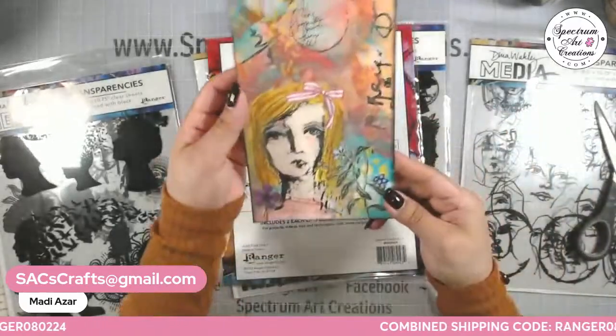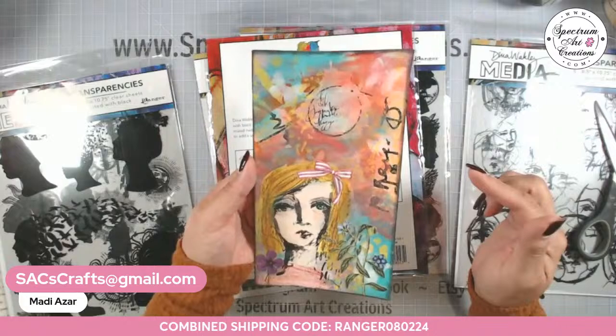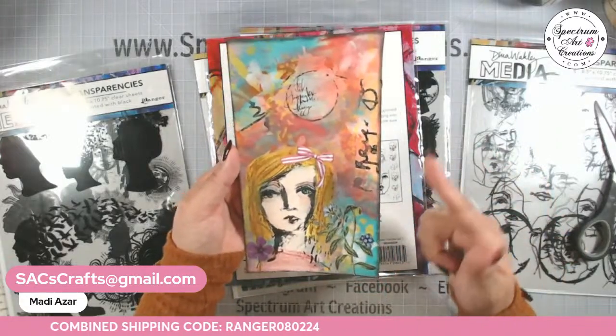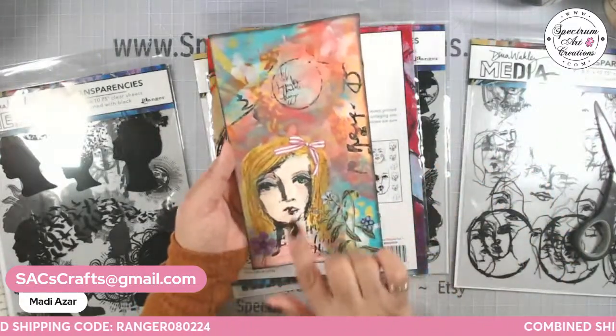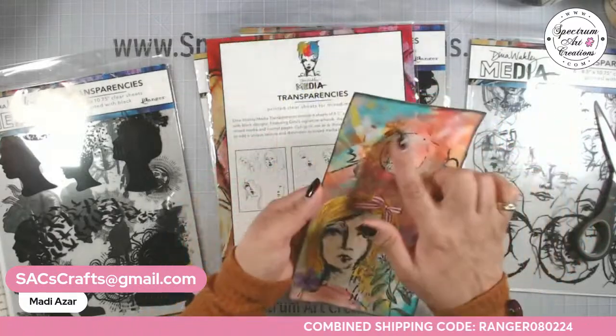Some of you might have missed it. Madison did this 2 days ago. And again, she used her Dina Wakley's paints and then some of the stencils. And then she used a collage piece. And see, she tinted that one. And she used some of the...